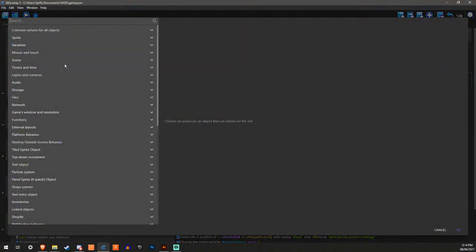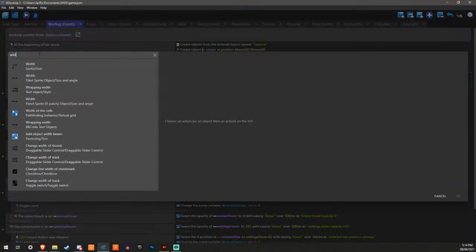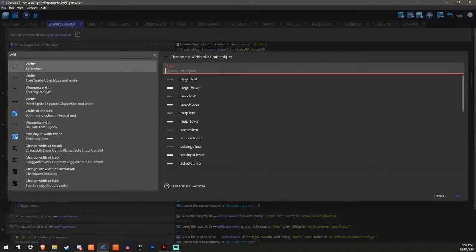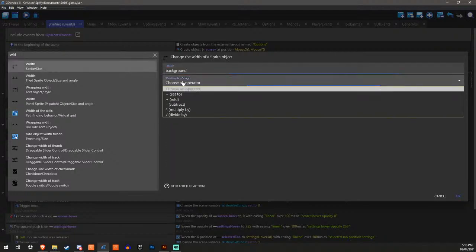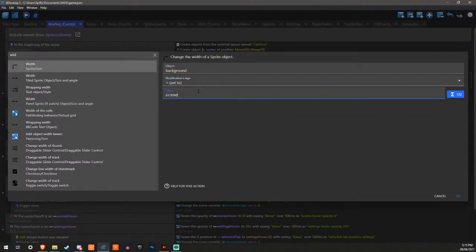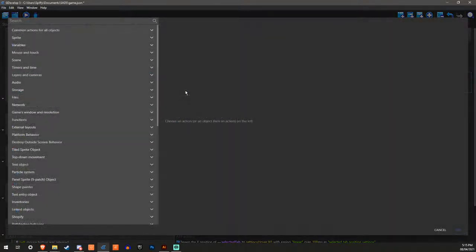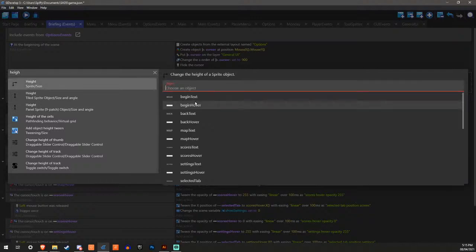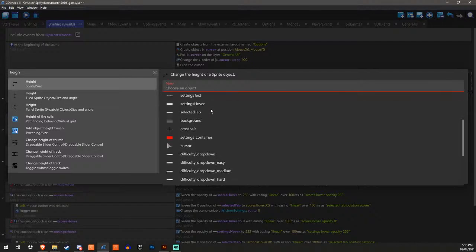And also I'm going to change the width of it to the scene width. Change the height of it. So what the, is that scenery? Yes. Righty then.